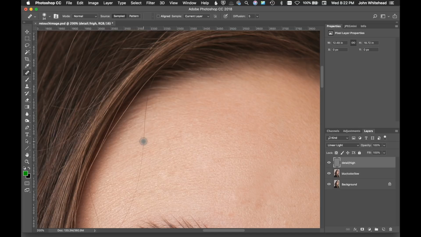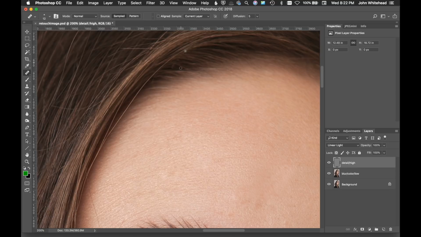So it might still show up when we do this, because sometimes when you're doing this, not only is it color, but it's also texture. But it looks like this is pretty good. So we're just doing a little bit and resampling, doing a little bit and resampling. Now we might have to do shorter strokes here because there's a difference in the texture that we're kind of going through. And I'm going to make this much smaller, and we'll kind of go through and get these little